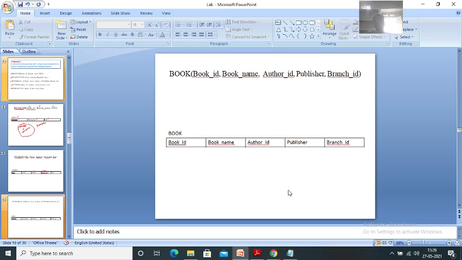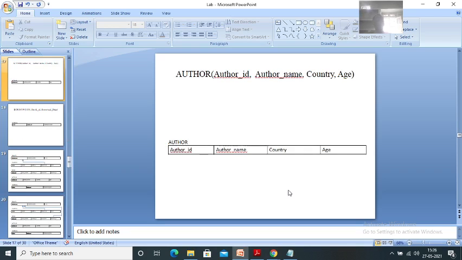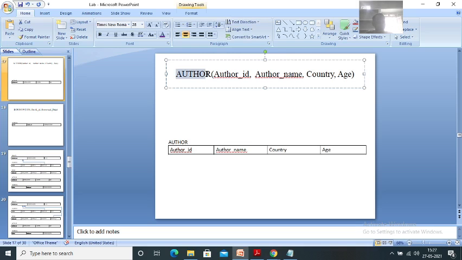Now next, author. Here author is the name of the table. Every author will be having an ID, author ID, author name, country and age.